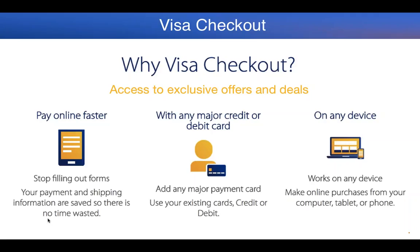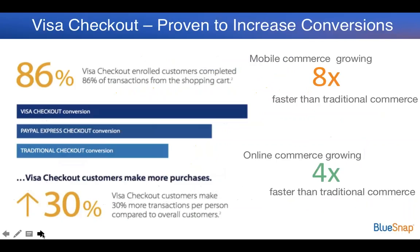Right, and so conversion is something that's really important to us. That's how we judge our success or not for our merchants. Can you talk about what you guys have seen in terms of Visa Checkout's effect on conversions? Yeah, absolutely. So we've run some studies with independent vendors, and you see some of the stats here on the screen. The big one that's really our bread and butter here is increasing conversion, and you can see comparing Visa Checkout against just a traditional checkout, a user entering in a credit card following form fields, is that we got